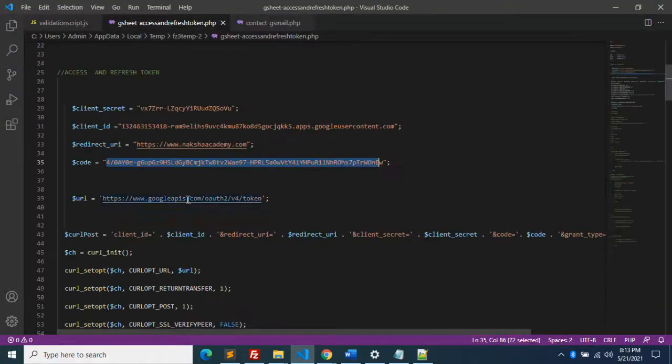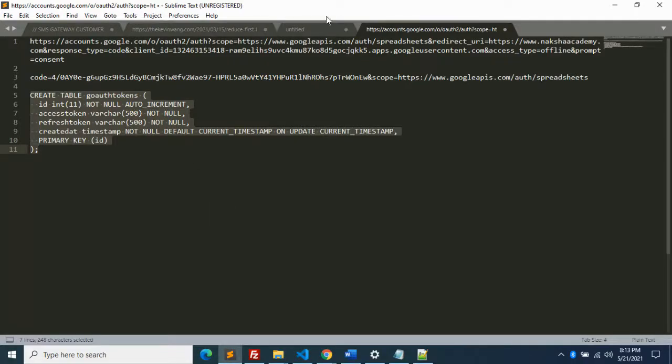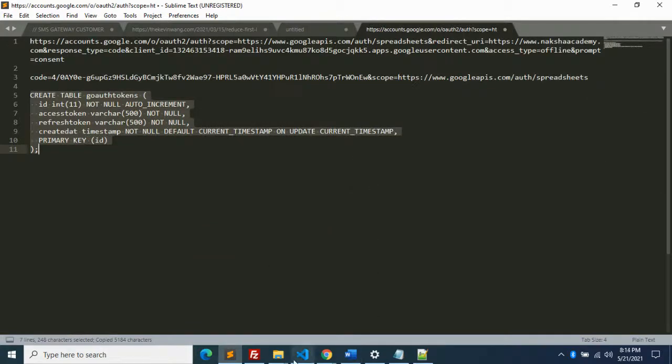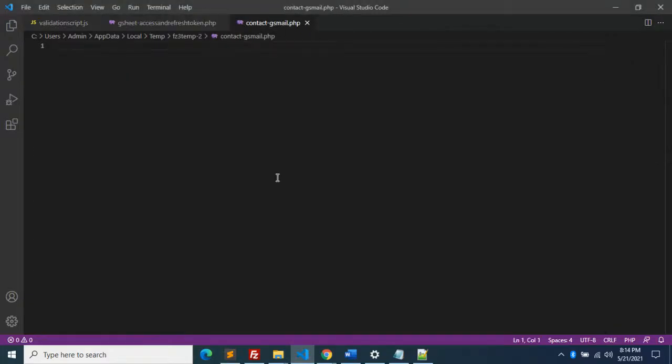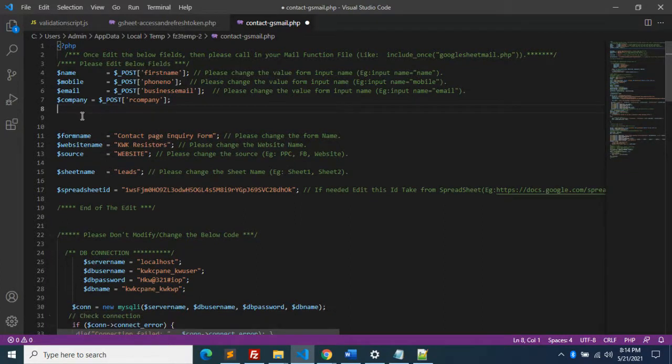So already I have a code. You can see here name, mobile, email, company. This is all not required. So what is our field name?